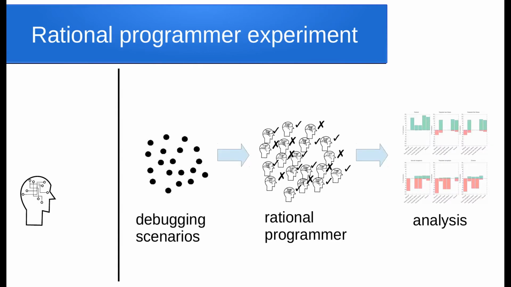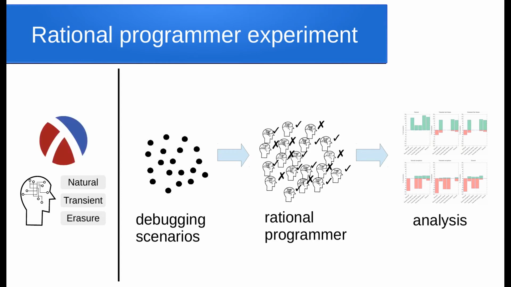Now, using this simulation, we can design an experiment to evaluate how often the rational programmer succeeds at locating the source of type-value mismatches in a corpus of debugging scenarios from real programs. The experiment essentially consists of running the rational programmer on all of the scenarios and collecting its successes and failures for analysis. Of course, there are 3 different semantics that we want to analyze, so we run this experiment on 3 versions of the simulation using each of the 3 semantics, which we call modes. And then at the end we can compare the success rates of each mode to understand which semantics offers more useful information for the rational programmer to locate the source of type-value mismatches.